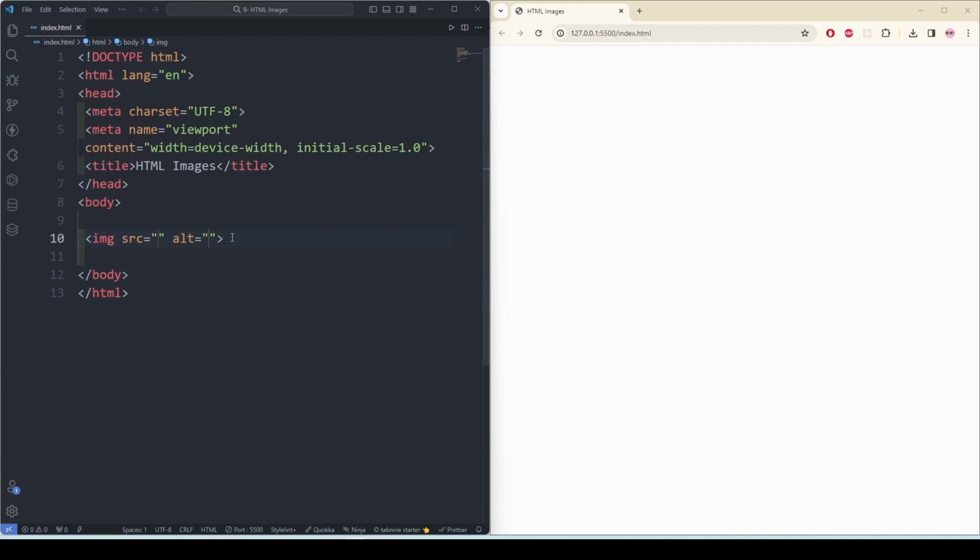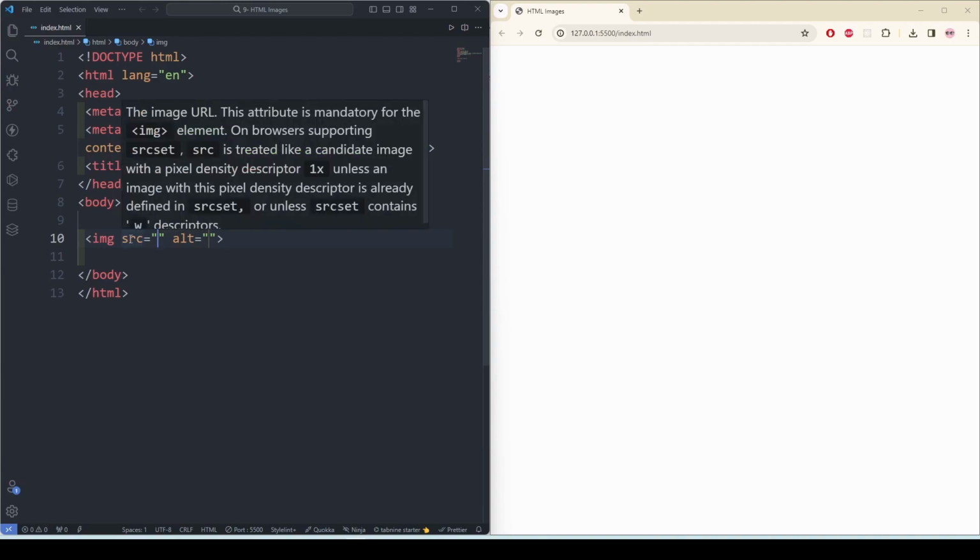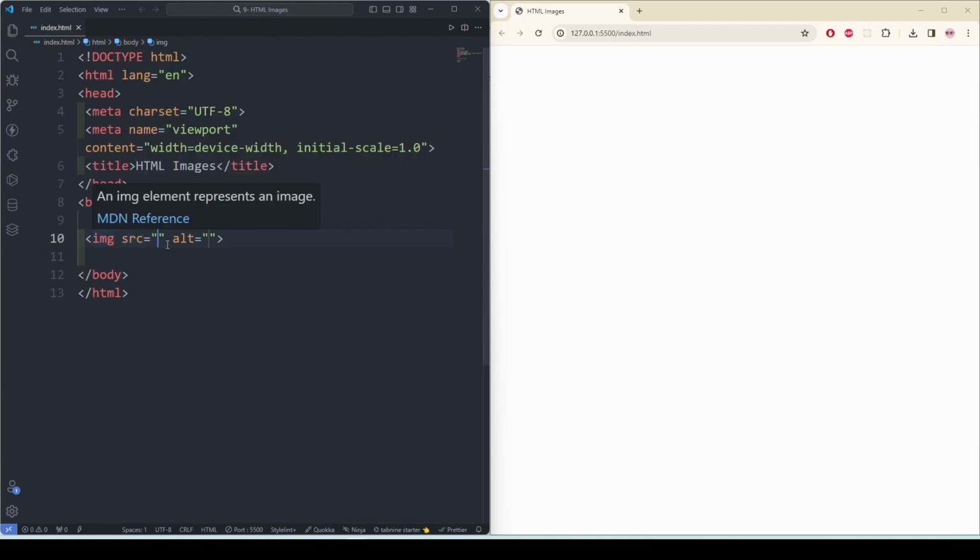The image tag has two required attributes, src and alt. src specifies the path to the image, and alt specifies an alternate text for the image. So the src, now